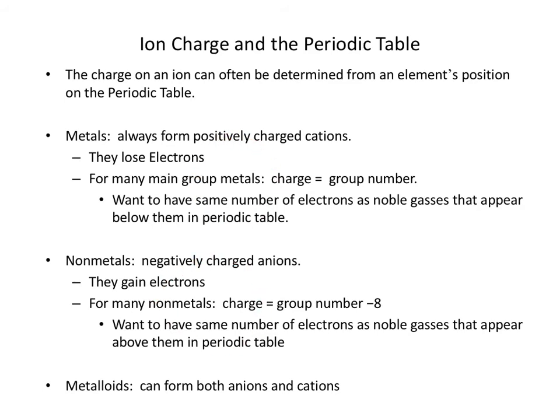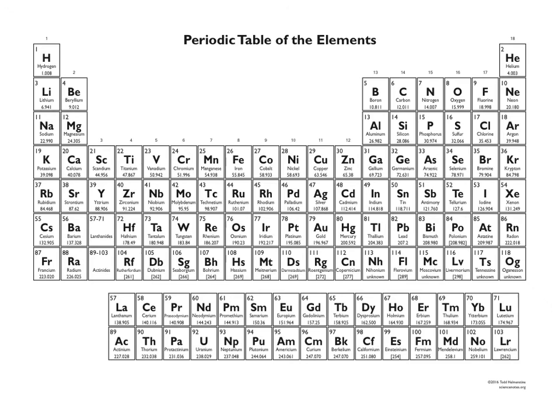So let's look at a periodic table and see which elements we know what their charges are going to be when they have charges. First, let me say, atoms aren't always ions. As we'll see, sodium, when it's an ion, likes to be +1, but sodium isn't always +1. We can certainly have neutral sodium atoms. All right, but how do we predict what the charges are going to be?